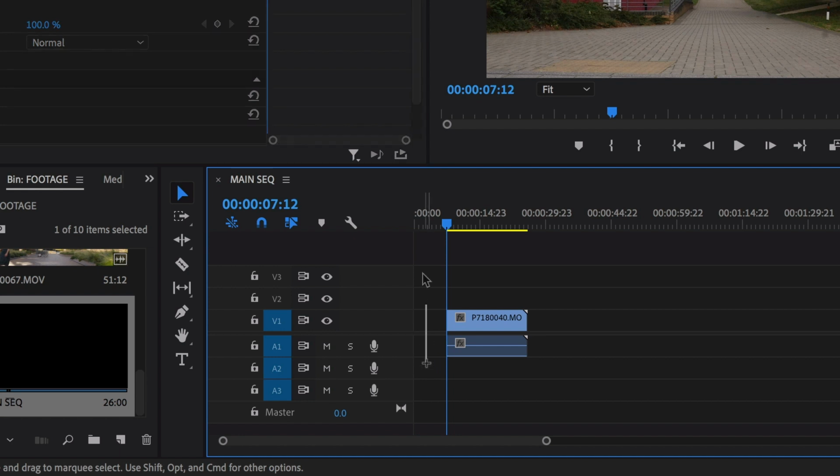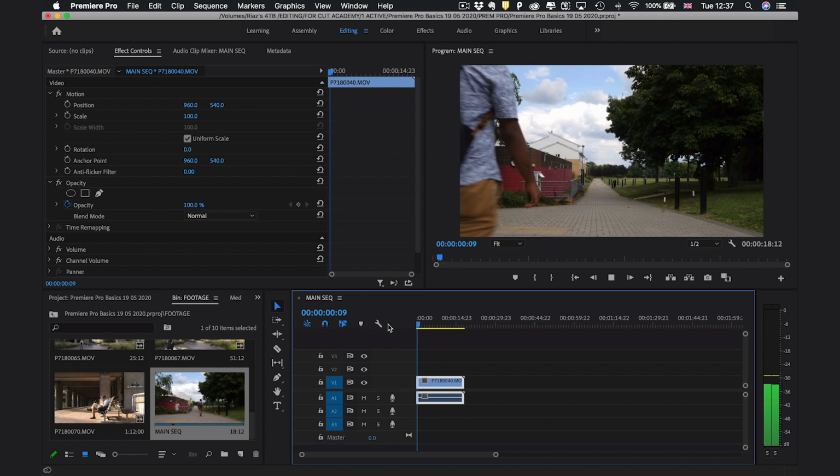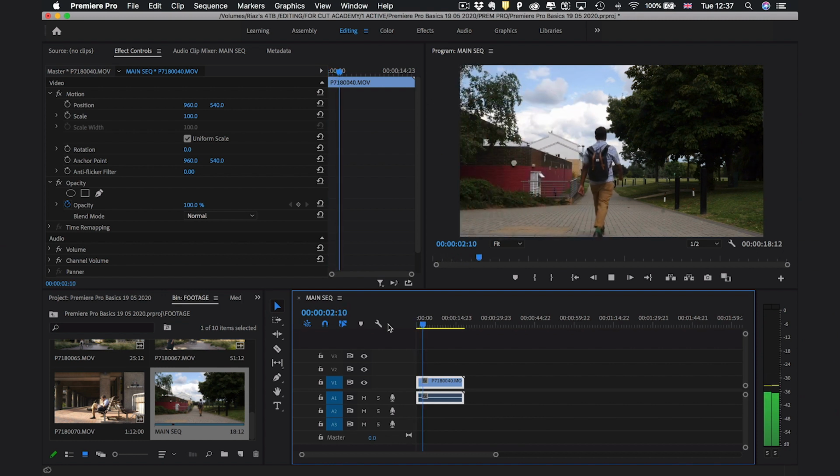Now what we can do is, to get rid of this gap on the left side, we can click on this empty space and we can either right click and press ripple delete, or we can literally just click it and press the backspace key, and that's going to get rid of that open gap there. And now as you can see, the clip starts as my friend walks into the frame,